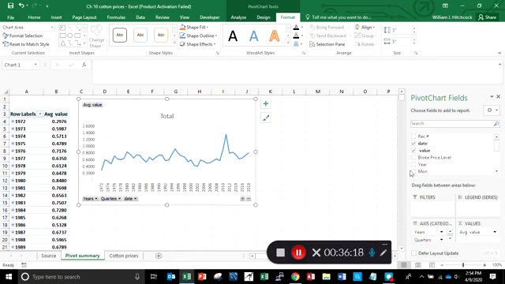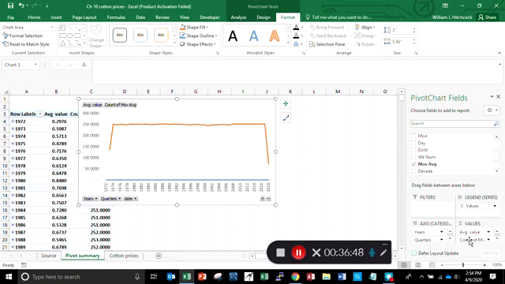All right, let's try adding onto our pivot table here. Let's see if we can add in the moving average. So we'll check that. And the problem is when I check the moving average, it dumped that down in here, and I don't want it as part of the axis categories. I want to actually move this over to my values. So I want it treated like